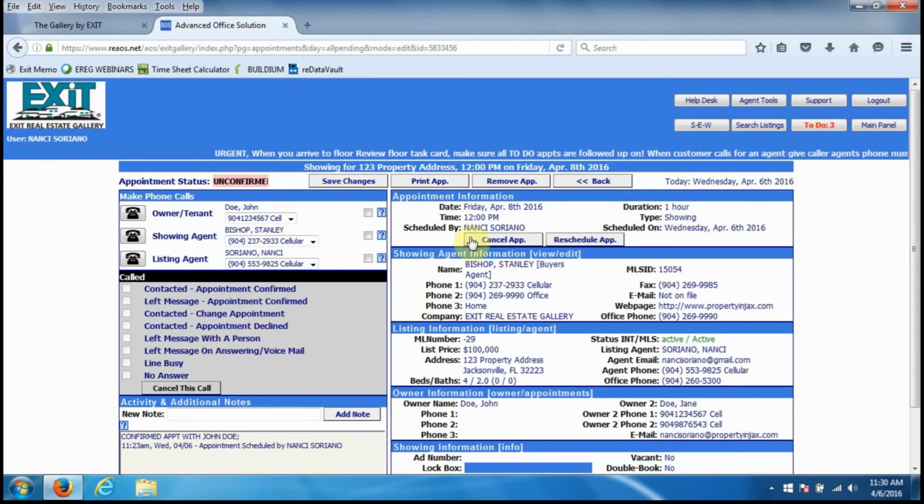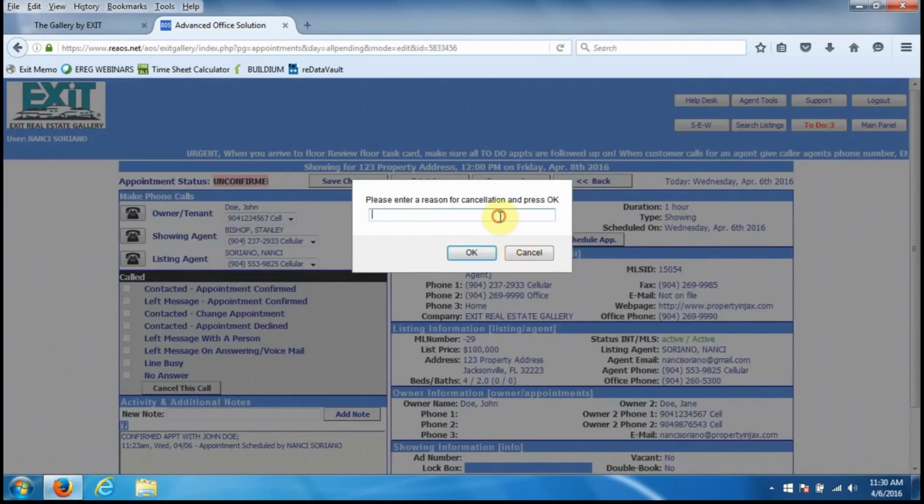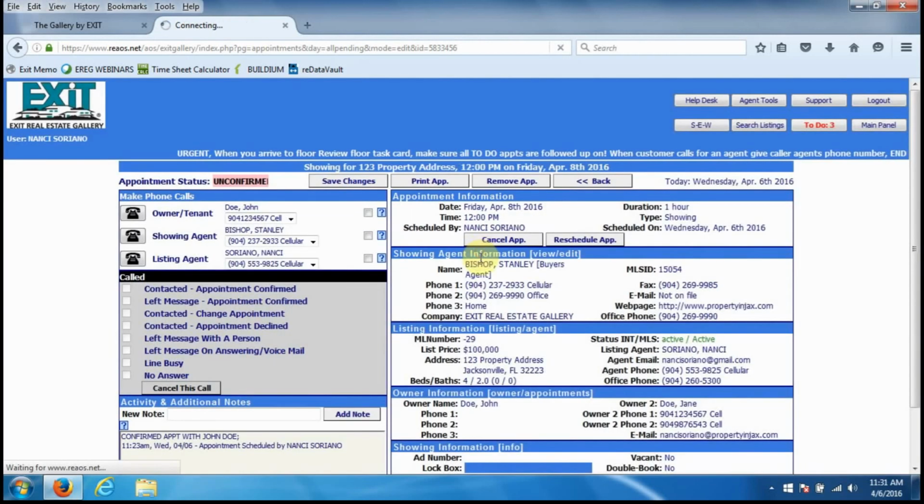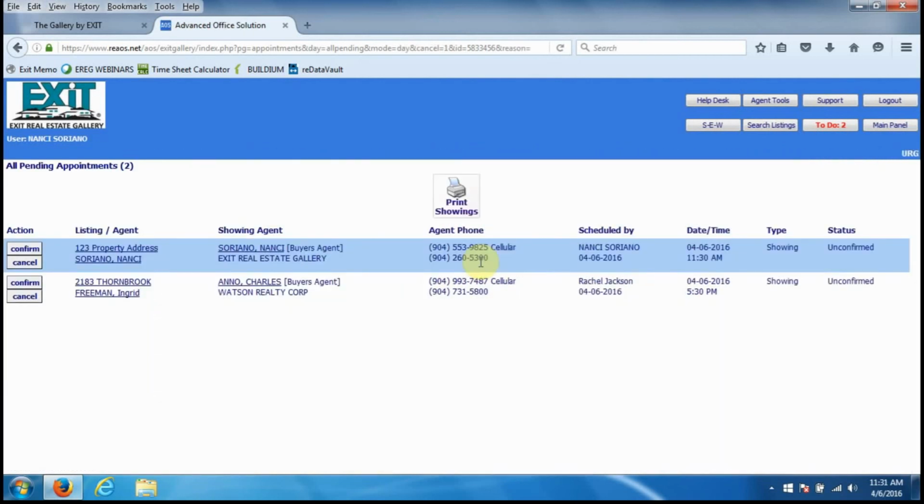Okay? You can simply select Cancel Appointment, type in out-of-town guests, seller can't show. I always put showing agent will call back or may call back to reschedule. Select OK. When you select OK, it'll take you to your to-do screen, and you will see that that listing is gone. Okay? Go back to your main panel,